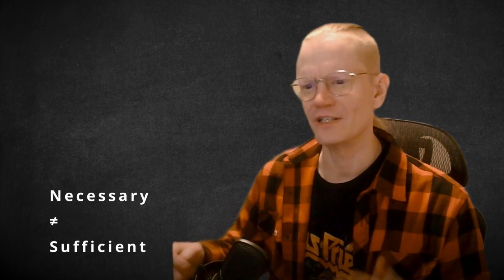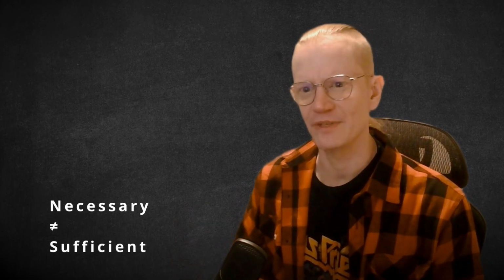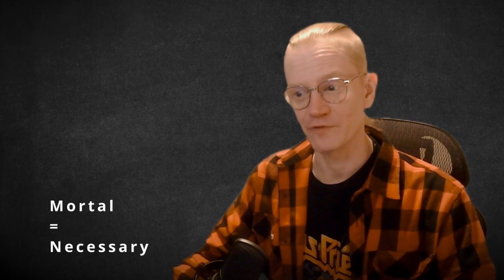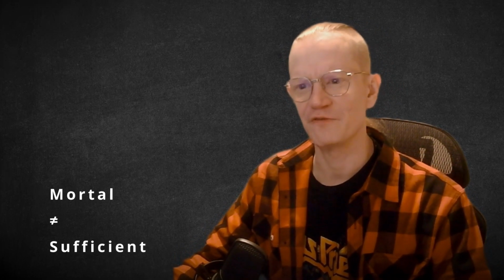But a necessary condition isn't sufficient for something to be the case. Socrates can be mortal without being a human. There are tons of things besides humans that are mortal. Cats are mortal. And somewhere, some philosopher has a cat named Socrates. And if a cat named Socrates is mortal, this does not in any way imply that the cat is also a human. Being mortal is a necessary condition for being a human, but it isn't a sufficient condition.